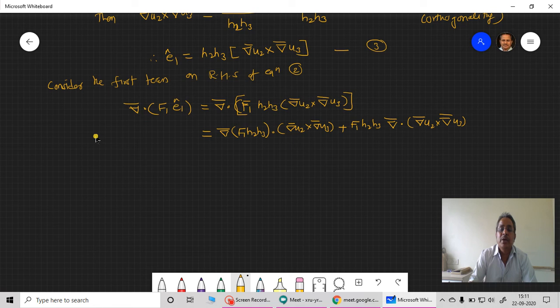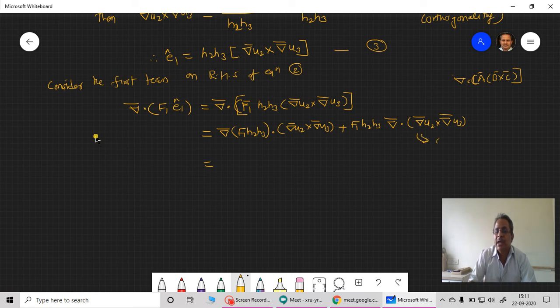Okay, so what we have used here is del dot of vector A into B cross C. This type of vector identity is used here. Del dot A into the bracket B cross C. So first this, then this remains as it is. Second, this remains as it is, and the del operator is to be operated over that. Now look at this. Out of this second term, this term actually becomes 0.